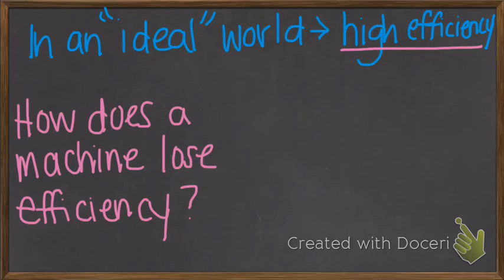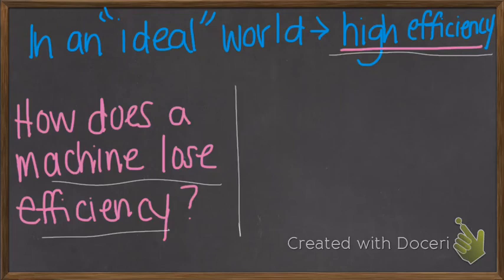Now, in an ideal world, ideal meaning perfect world, we would have a high efficiency, okay? So every machine that we use would make our life 100 million times better. So how then is our world maybe not so ideal? How does the machine lose efficiency? Well, there's a couple of ways, but one big one is going to be through